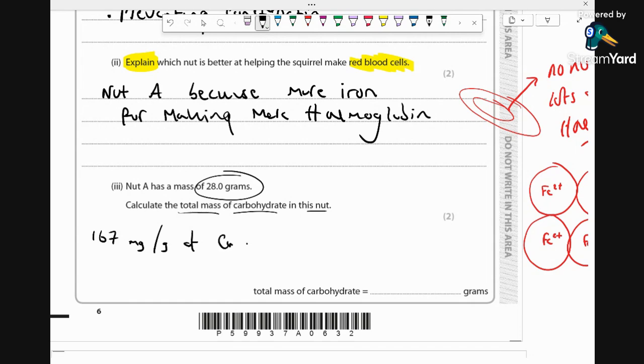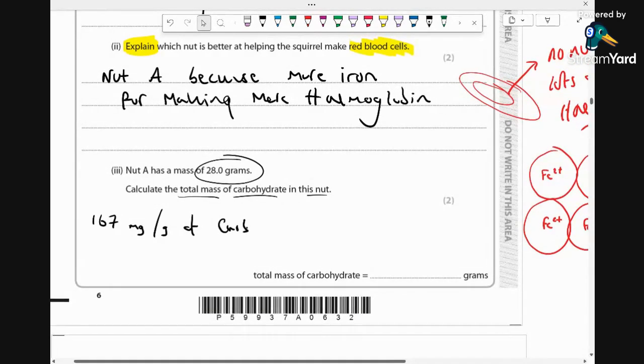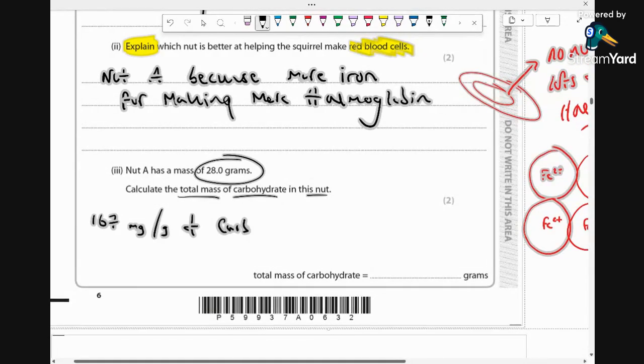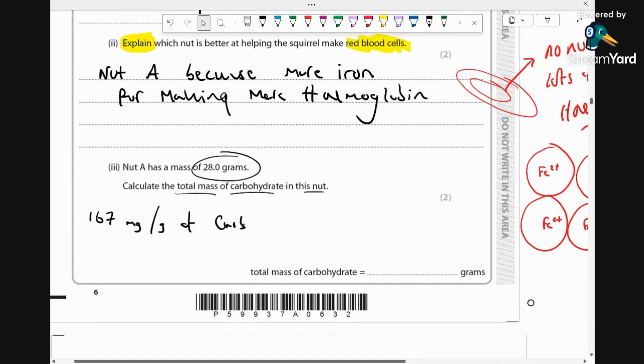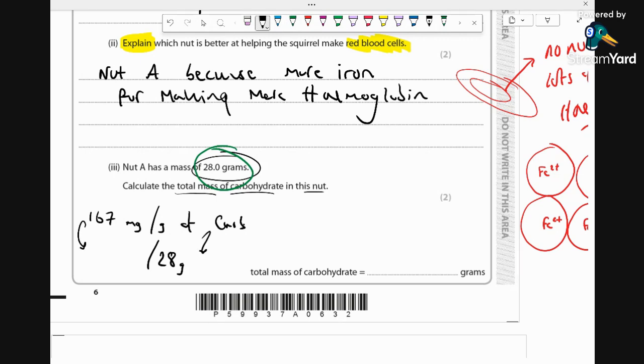Horrible handwriting. So we need this in grams in total. Okay. So first of all, I'd work out how many milligrams there are in 28 grams, because that's what we're asked to do, right? The whole nut is 28 grams. So we need to multiply it by 28. So 167 multiplied by 28 is 4,676